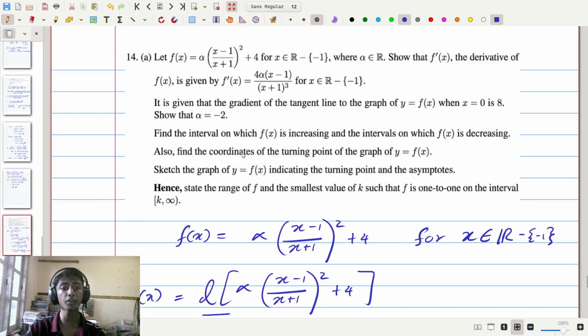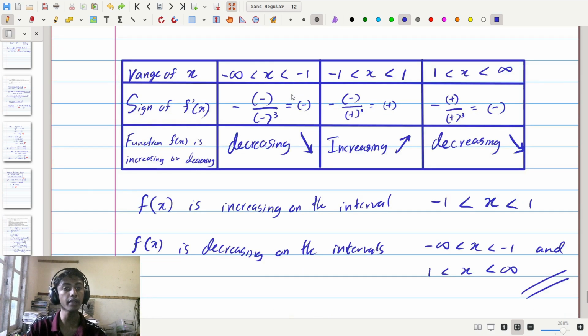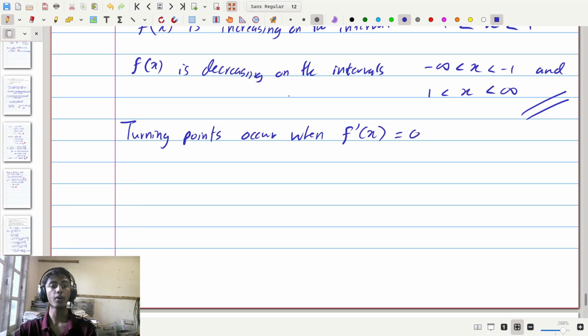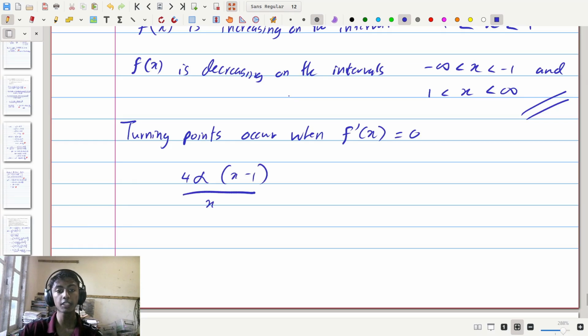Now moving on to the next part of the question. Next part says also find the coordinates of the turning point of the graph of y equals f(x). Now for that, what I have to do is to equate the derivative to 0. So we can say turning points occur when f'(x) equals 0, and with that we can equate f'(x), which is going to be 4 alpha times (x minus 1) divided by (x plus 1) to the power of 3